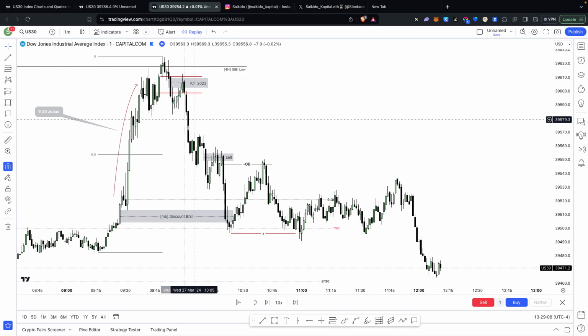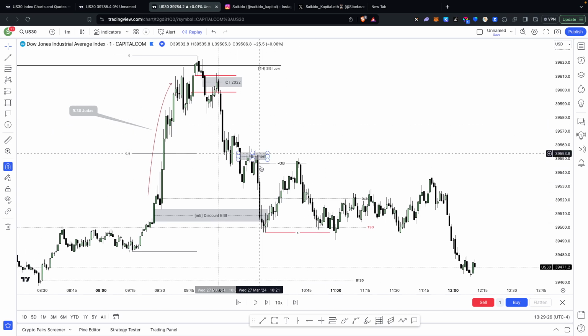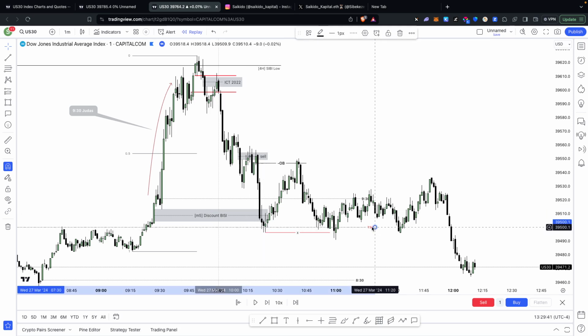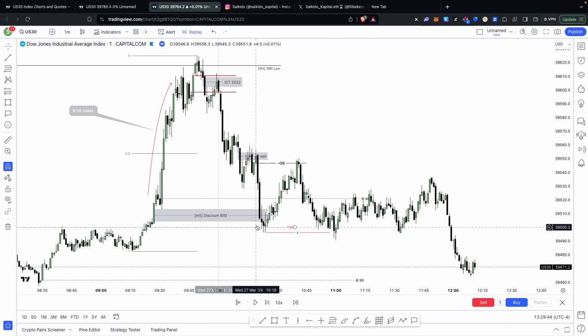This discount BC, you can use any PDRA basically below equilibrium because you're going to move from premium to discount, right? The first PDRA is you have a bullish order block here, and then you have this swing low, and then you have this M5. This swing low is actually from the 5-minute fair value gap in the form of a BC. So this is what I was targeting because it's also in line with the true session open. I was actually targeting the true session open because in most cases we are going to refer back to it. And if you look at the bodies of these candles here, they highlight the importance of the true session open, which is the 730 for the New York session, right?